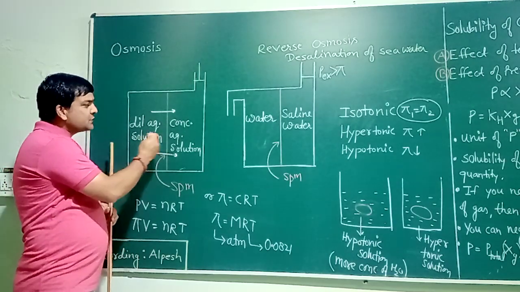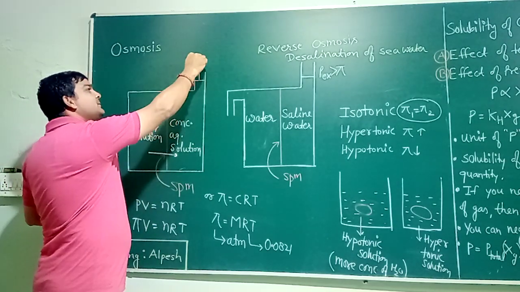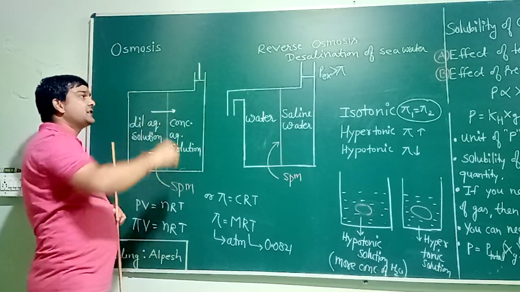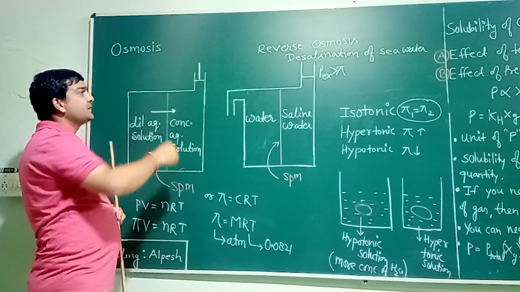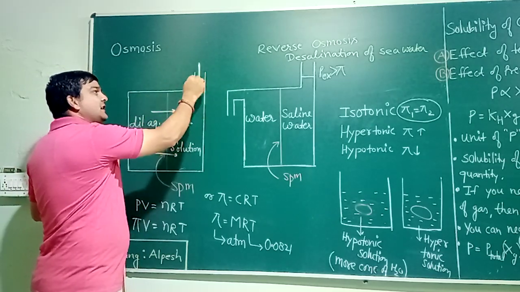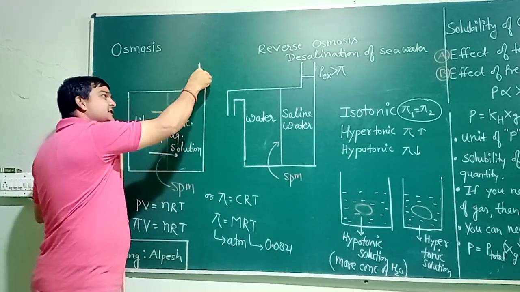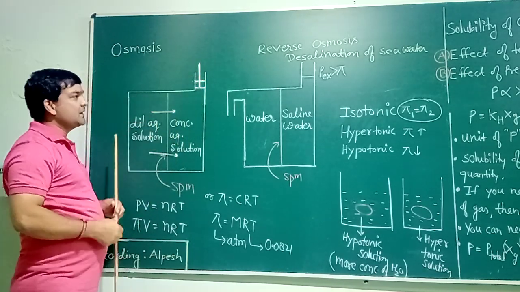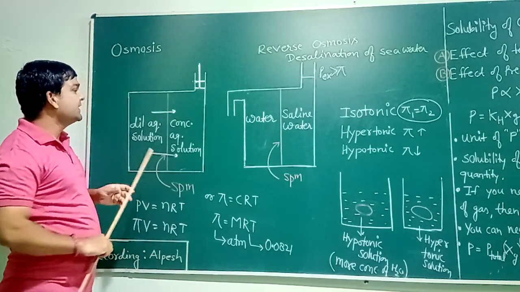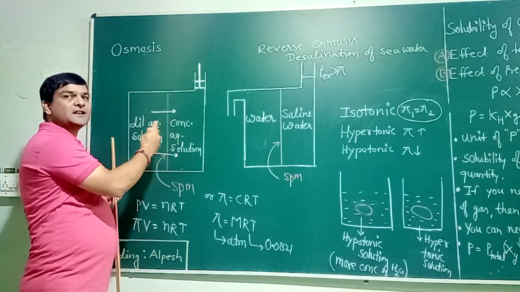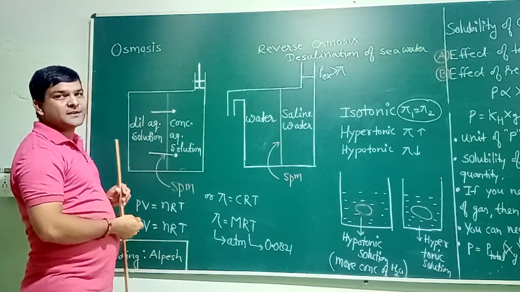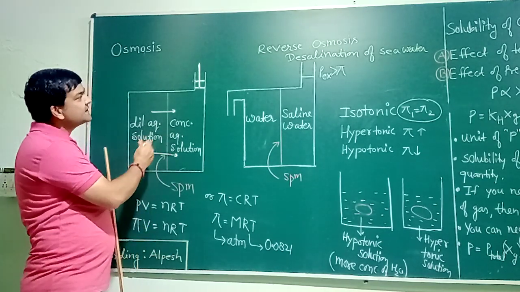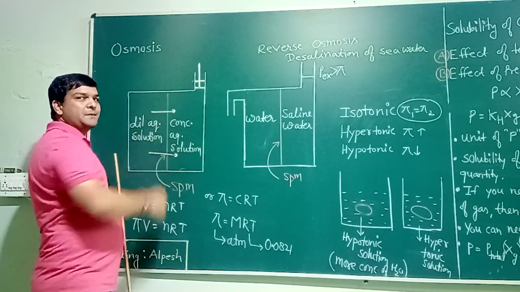Now if we wish to stop this movement, we will increase pressure on this piston. So gradually increase pressure on the piston. Like this, earlier the piston is at this position. We increase the pressure and now suppose the position of the piston is here. Because we increase pressure on this side, the movement of water will slow down and ultimately the movement of water will get stopped.